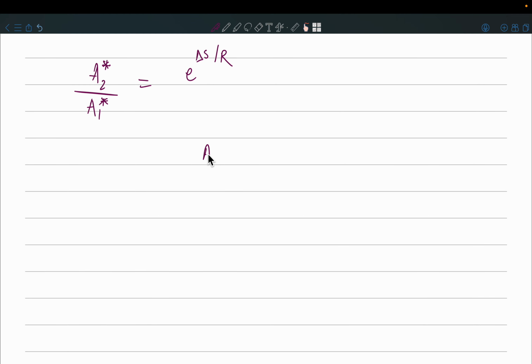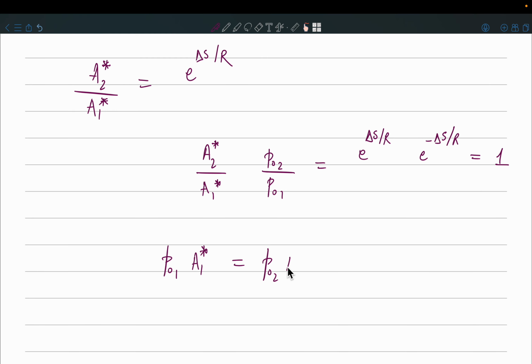If I multiply A2 star by A1 star into P02 by P01, that is A2 star by A1 star is e power delta S by R, and this is e power minus delta S by R, isn't it? So that gives me 1. So this equation turns out to be P01 A1 star is equal to P02 A2 star. So this equation will come very handy when we understand